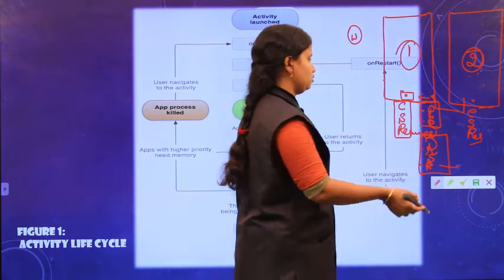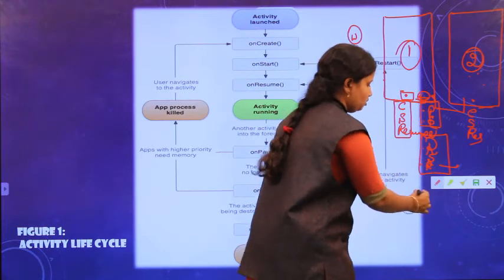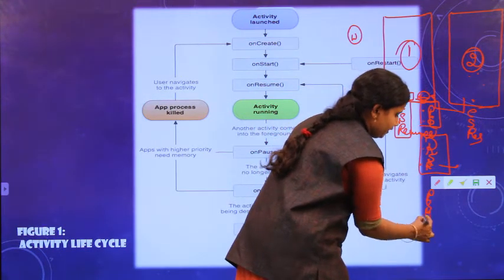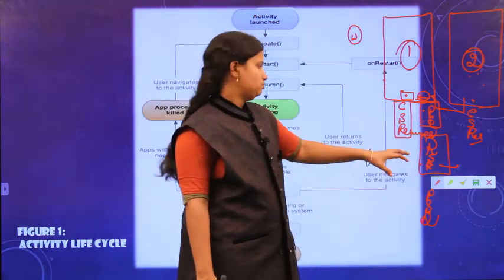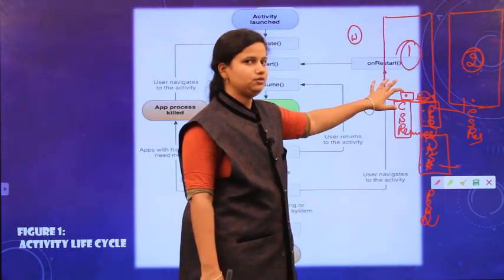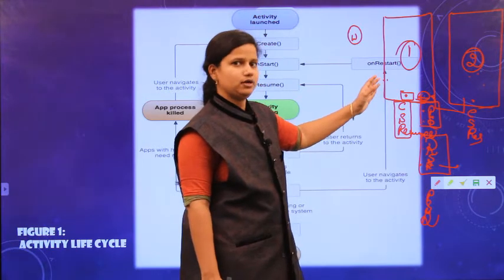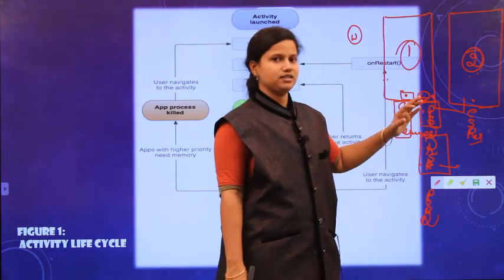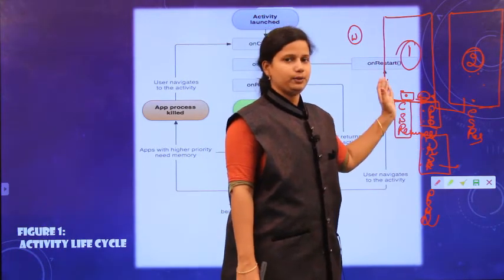After completion of this, we are properly closing the application. Pressing the back button again, pause, stop and destroy methods are called. In this way the restart method will be invoked. So your activity is in the background when you move to the second activity, and at that situation these two methods are called. Then again move back from the second activity to the first activity.